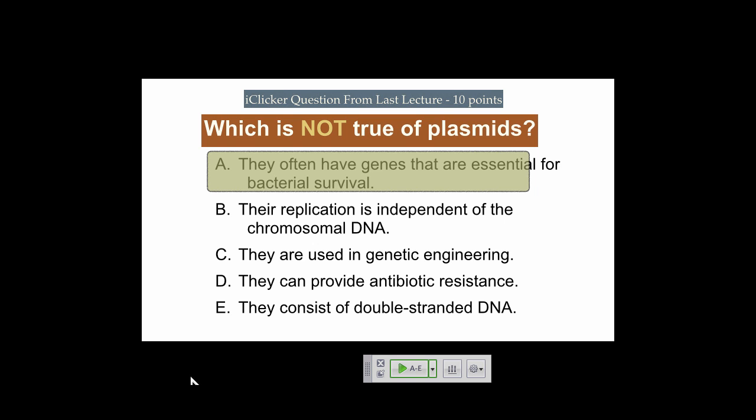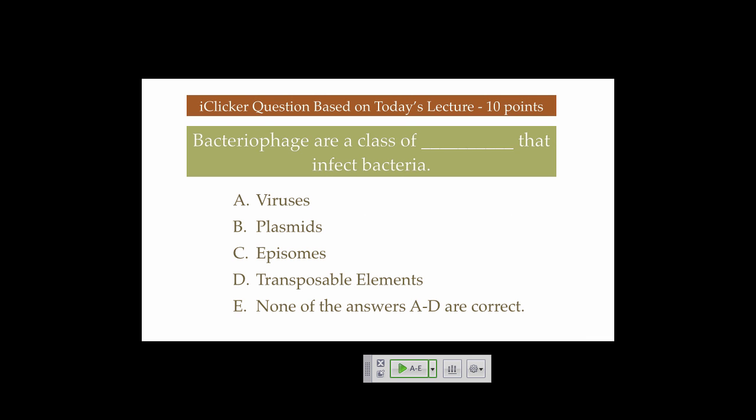Okay. So this is a very important point, and we'll come back to it a little later: these plasmids do not carry genes that are essential for the survival of the bacteria. In fact, it's very common for bacterial cells to lose these plasmids if there isn't some selective advantage. But we'll talk about that later. And then for today's lecture,